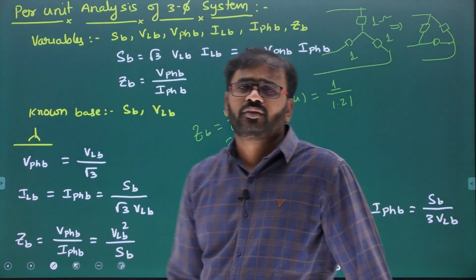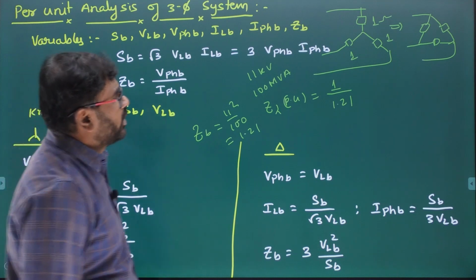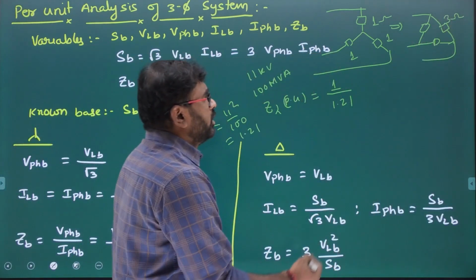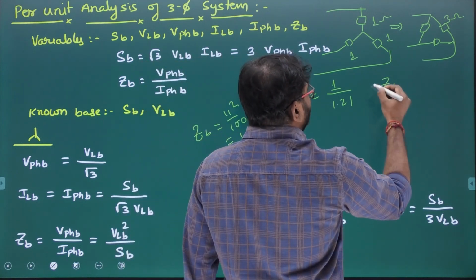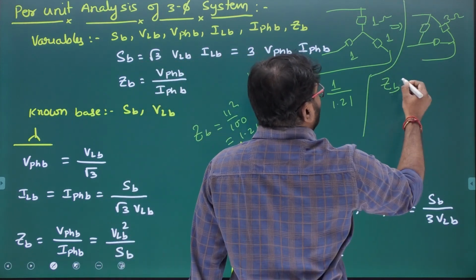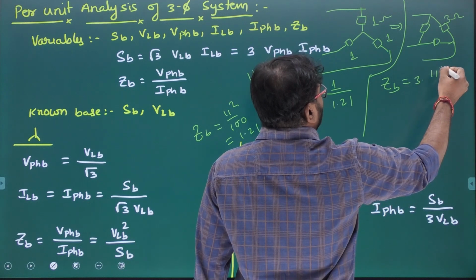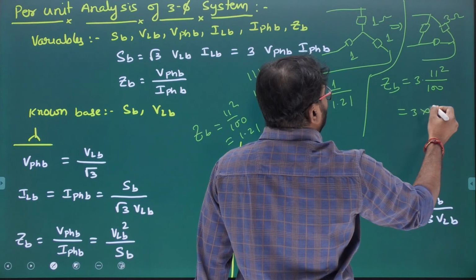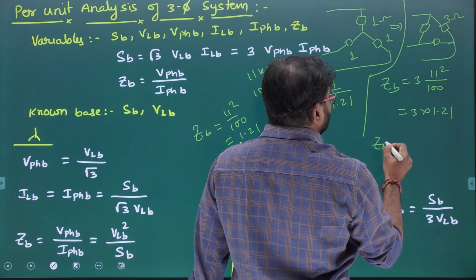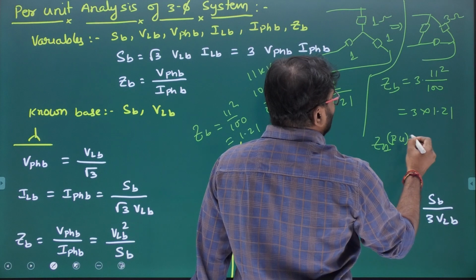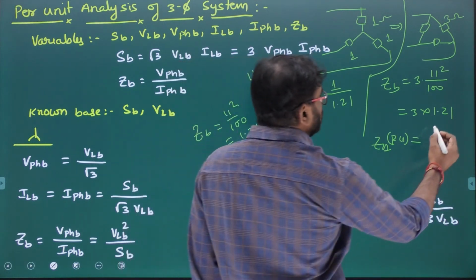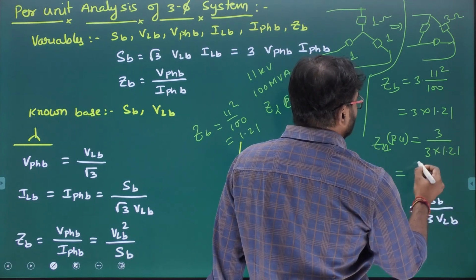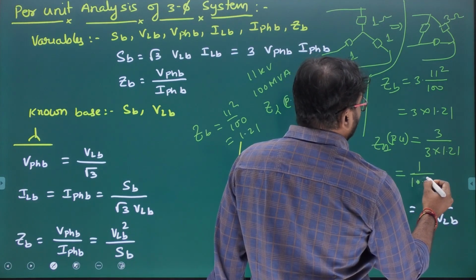What is delta impedance? Delta impedance will be 3 times the star impedance. We get here 3 ohms. All are 3 ohms. Now tell me, what is Z base for delta connection? Z base for delta connection is 3 times kV base square by MVA base. So how much you get? 3 into 1.21. Now tell me, what is Z delta per unit? Z delta per unit is equal to 3 by 3 into 1.21. That means 1 by 1.21